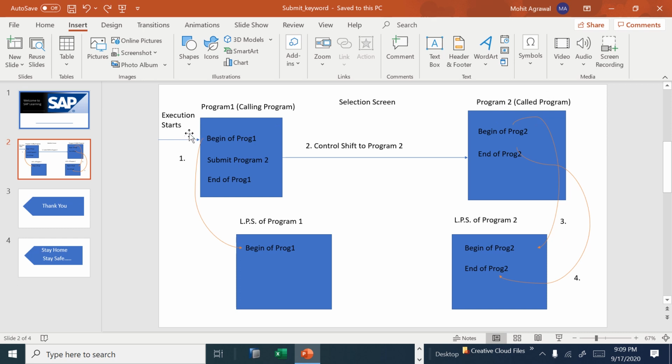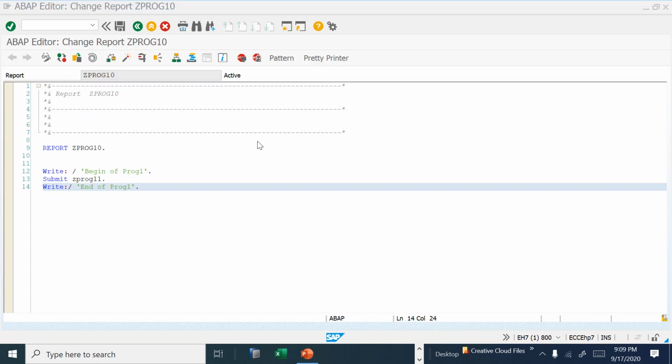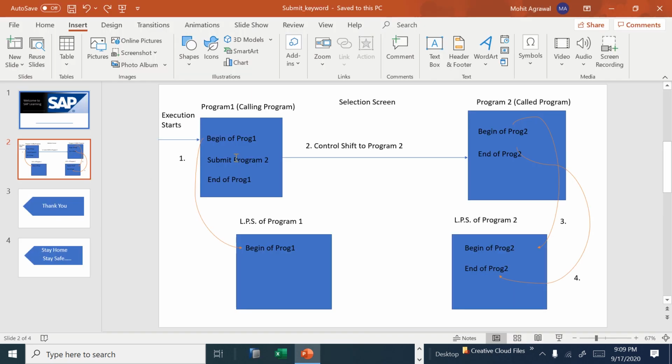So what is going to happen here: when my ABAP program executes, it moves to this "begin of program 1", which executes first. So when I execute this statement, my list or output screen will give this output, and then when I jump to SUBMIT program, it will shift me to another program.